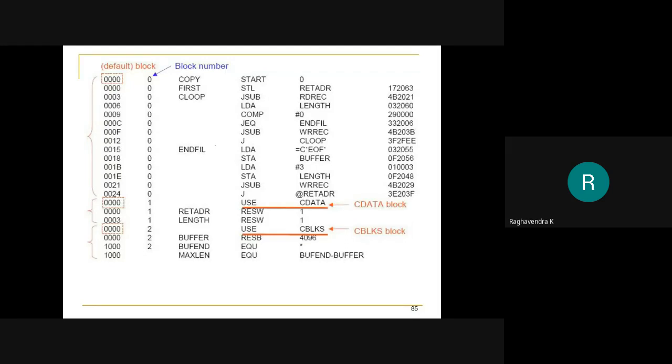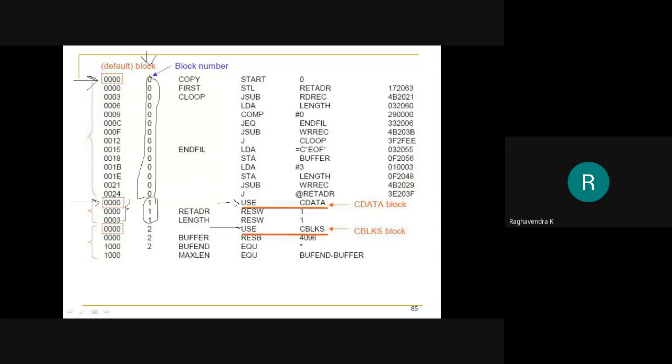You can observe here that we have an extra block number assigned along with the location counter value. For example, we start with block number 0 and assign the values. Then when we come across USE CDATA, we initialize a new location counter and a new block name, or we change the block number, and we assign the addresses as usual.